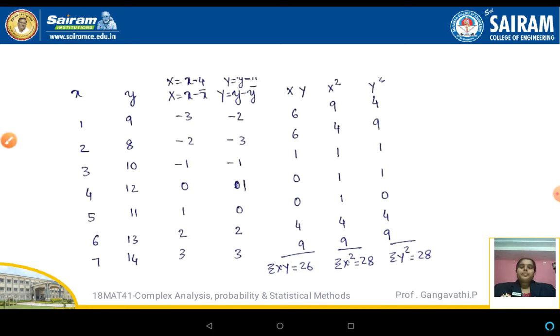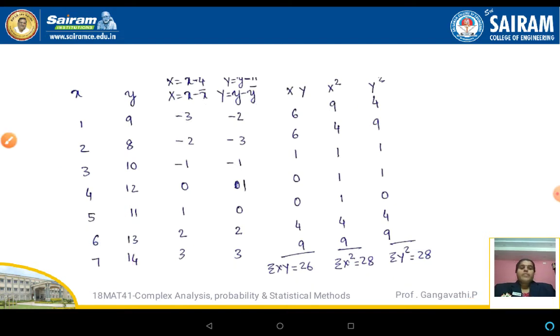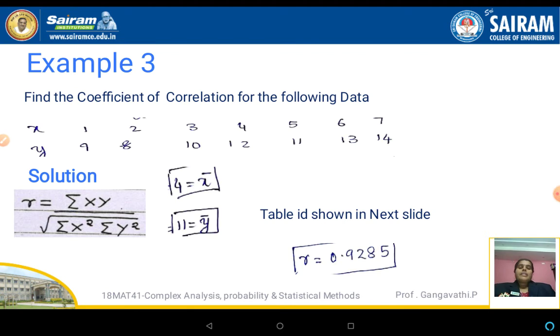So let us construct a table which fulfills all our requirements. Here x takes all the given values of x, y all the given values of y, capital X is x minus x bar, and capital Y is y minus y bar. Multiply capital X and Y, and find X square and Y square. So you can complete the table and add all the required values: summation of X, summation of Y, the sum of all the values of XY, and the sum of X square and Y square. When you evaluate all these and substitute in the formula we saw in the previous slide, you get the answer r is equal to